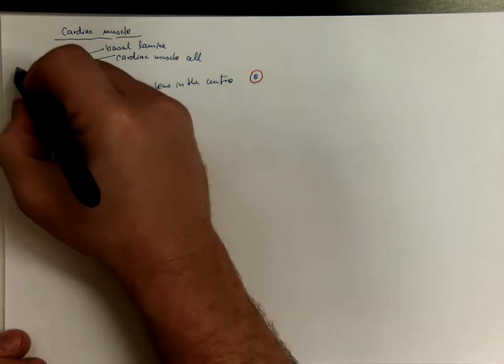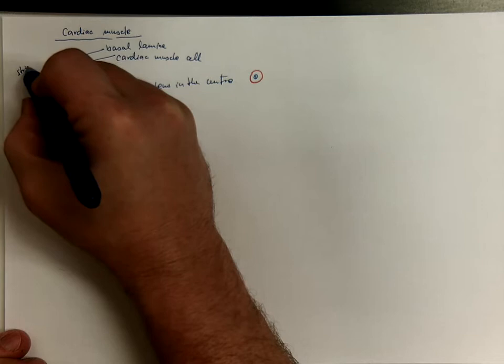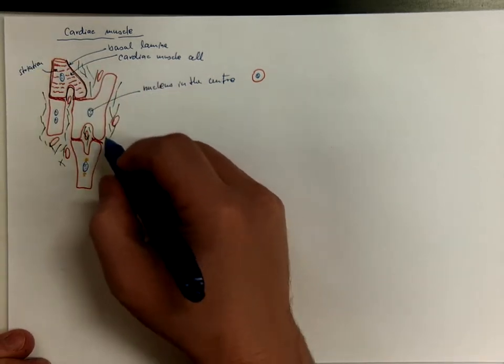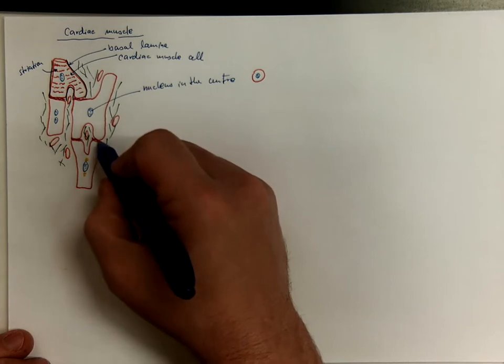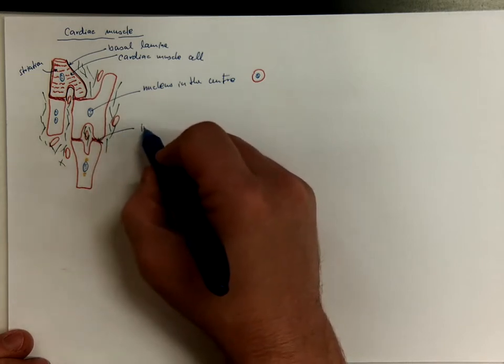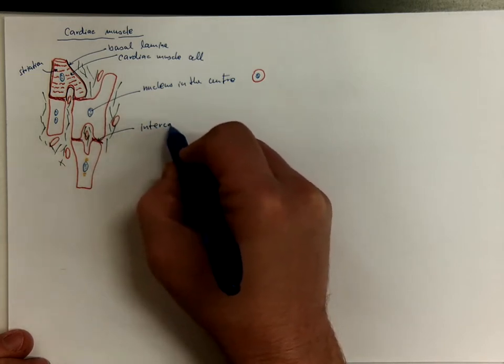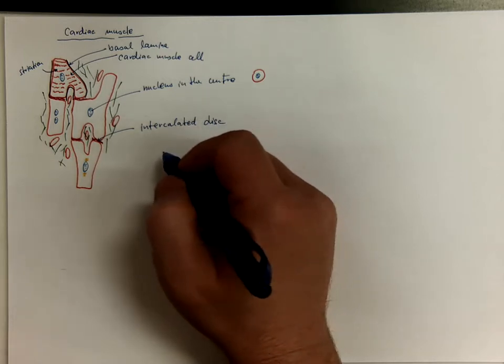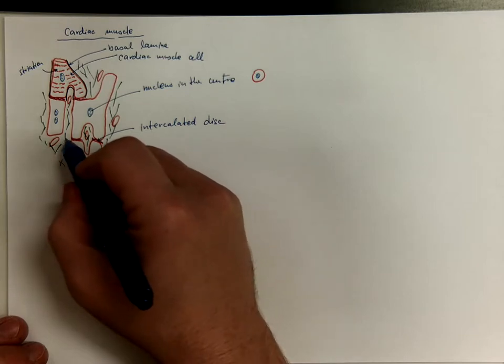There is this striation pattern. Intercalated discs. The endomysium connective tissue,